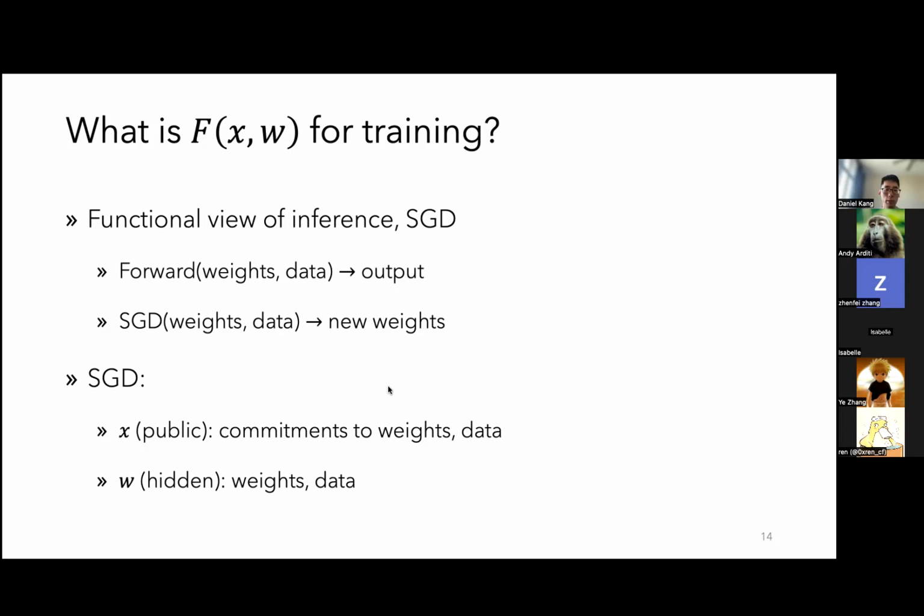Yeah, so there is some work around committing to a function in a function family, I believe by Dan Boneh. As far as I'm aware, this work is not practical for machine learning today. But as we push forward these technologies, hopefully they will be in the future. So you're right that OpenAI wouldn't want to use this, but there are other applications. For example, the Twitter algorithm, the FDA models, and also, as I'll show in a bit, prompt marketplaces, and biometric authentication, where you are okay revealing the architecture.